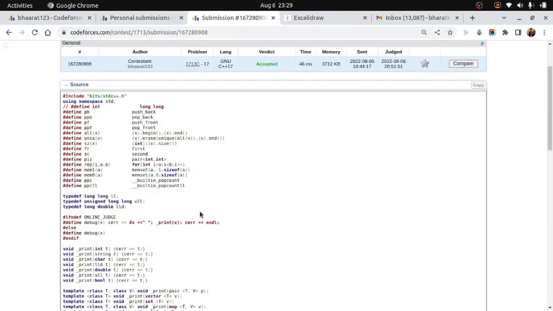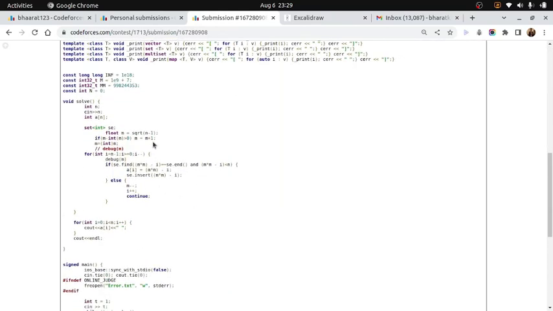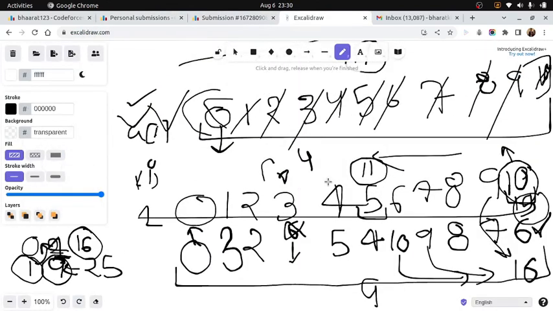This is accepted. What I have done is taken an input. I haven't created an array, but I have created a set so that I can maintain which numbers are used. In this example, when I am thinking of making 3 a 9, I have to add a 6 here. But I have already used 6, so I can't add 6 here right now. So to maintain this,